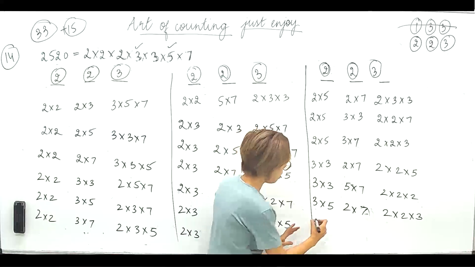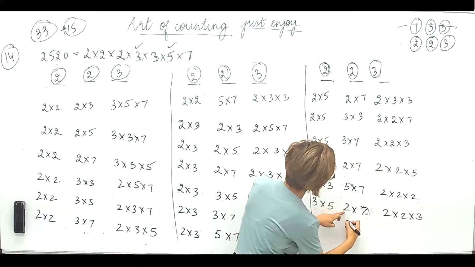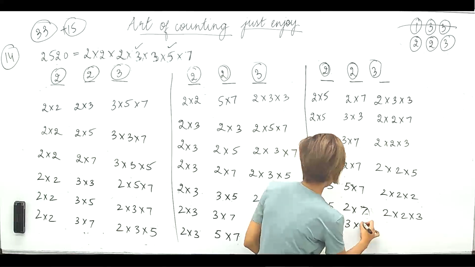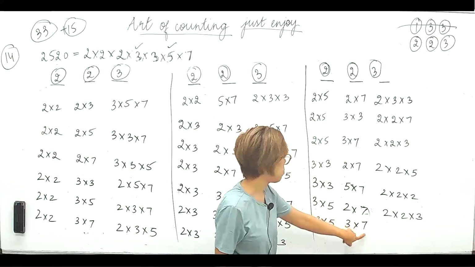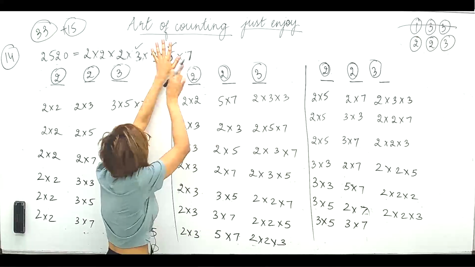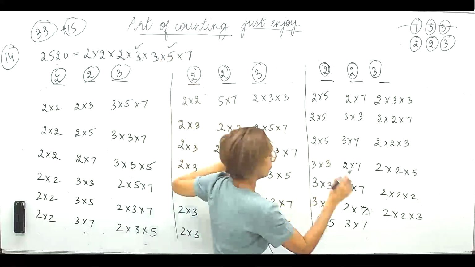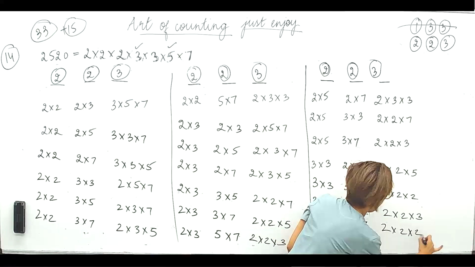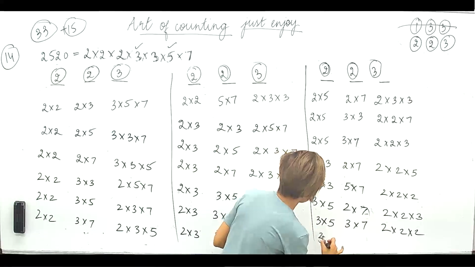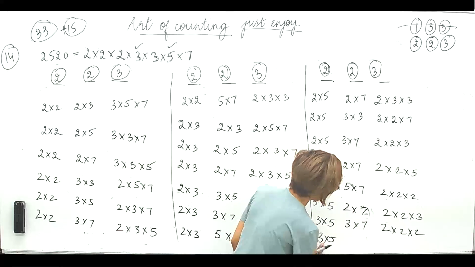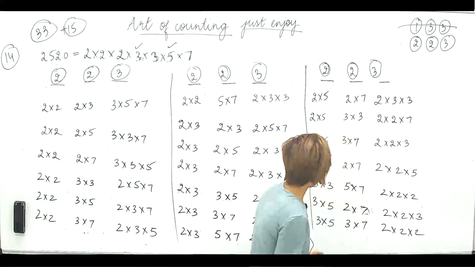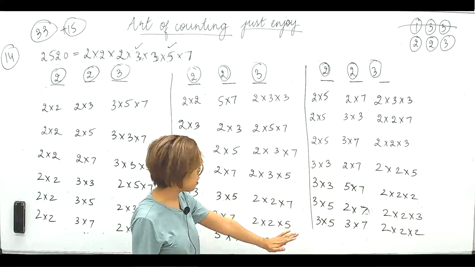So 2 ones are done. So 3 into 5 के साथ 3 into 7. Now यहाँ पे 5 नहीं ले सकते, 7 ले सकते हैं directly. Right? If I take it to be 7, क्या बच गया? 3 into 5 done, 3 and 7 done. So 2 into 2 into 2. Done. So 3 1 is exhausted. Now 3 into 5. 5 into 7 केस नहीं हो सकता, तो बच गए हम इस पे. Right. So 3 ones are exhausted.